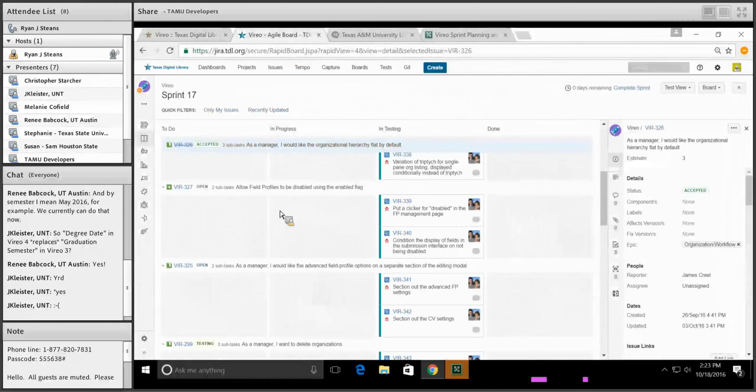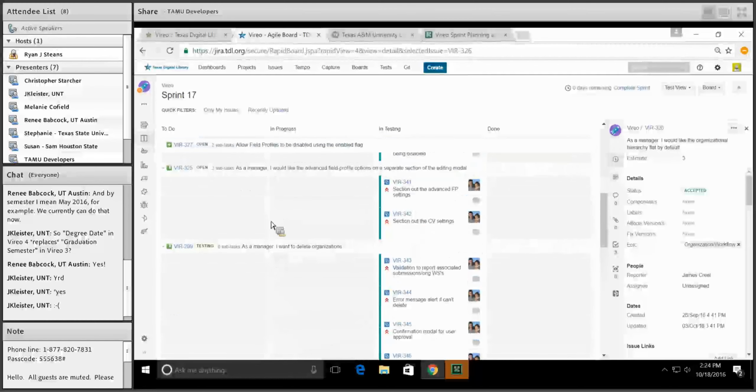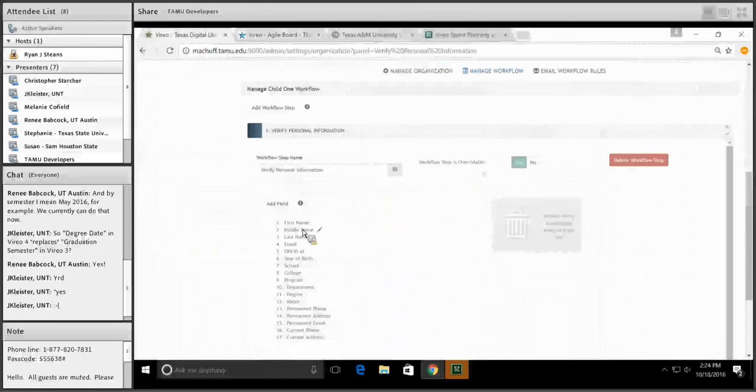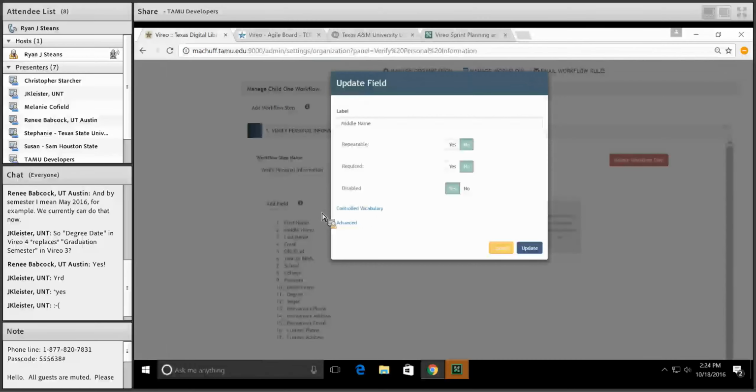Let's see, and also in addition to that, the VIR 331, the new submission button, was that also meeting your expectations? Yes. Okay. I'm going to take a look at VIR 325. As a manager, I would like the advanced field profile options on a separate section of the editing modal, and we kind of saw that, but I'll just draw our attention to it. So over here, when we were editing middle name,